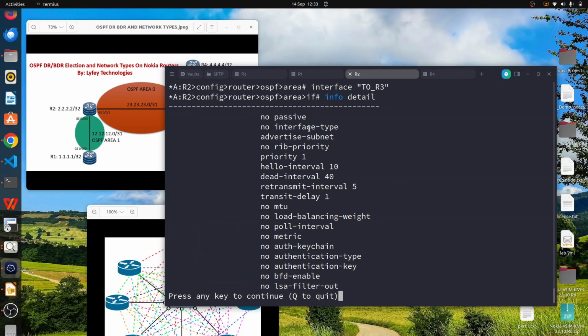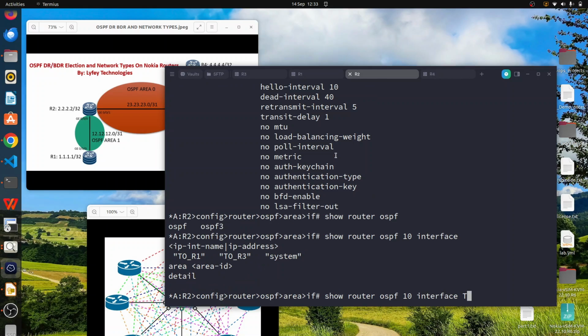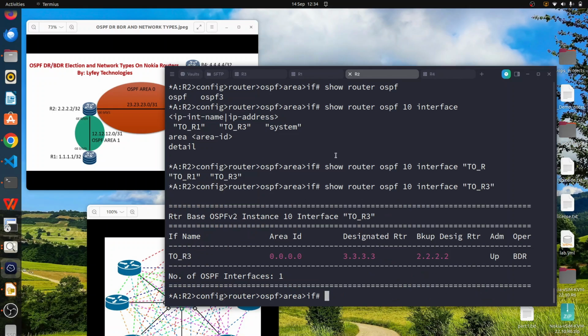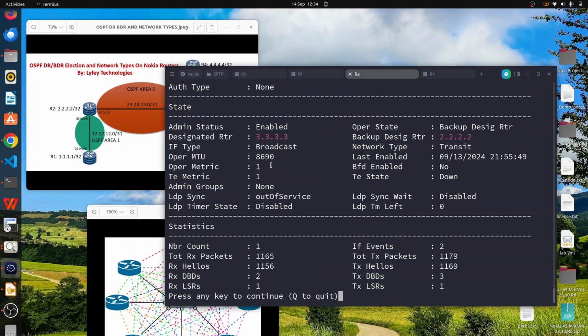So you can see that we haven't configured any interface type. But if we show router OSPF 10 interface to R3 and add the detail, down here we see that the interface type or the network type is set to broadcast by default, and the